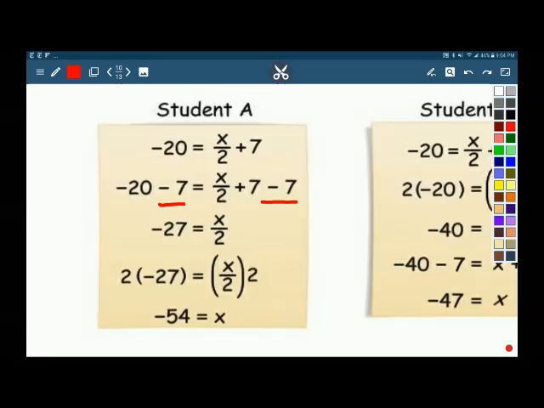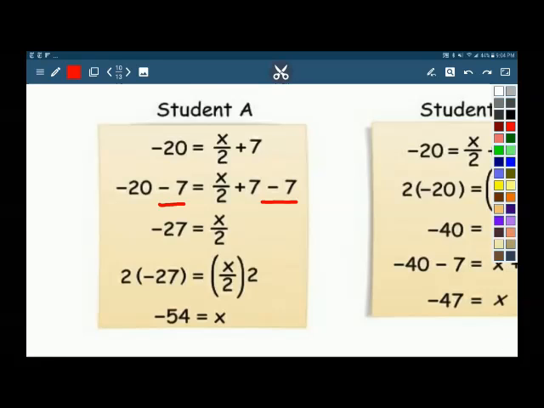So look for any addition or subtraction first. Notice how in the first equation, x is only on the right side. There are no combining like terms or distributive properties here. So we're okay just looking for addition or subtraction to get rid of, and that's what they do in the